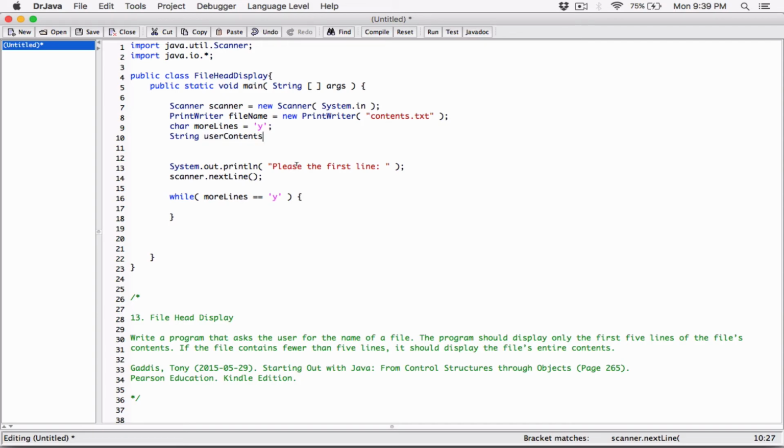Okay, that's the content that the user is going to type. So user content this way, and when the user types in the first line, user content. Should I call it user line? I'll call it user line because it's not user content. I'll call it user line. So when the user types in